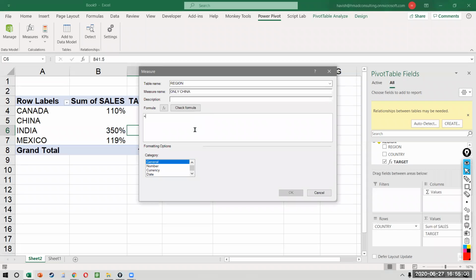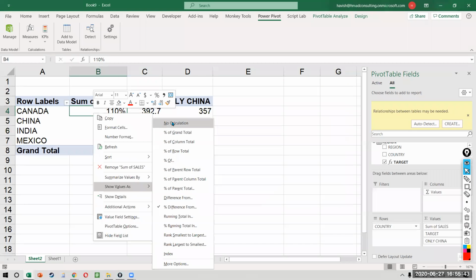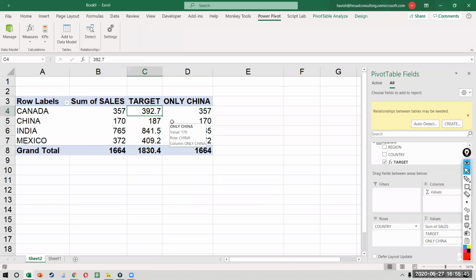One of the most powerful functions in DAX is called calculate. Calculate basically says you're calculating the sum, average, count, max, min, whatever it is, but a filter is also applied at the same time, which means if I simply say calculate sum of sales, what will happen? It will say, fine, you told me to calculate the sum of sales. I will tell you the sum of sales. Makes sense? Like if I only say calculate the sum of sales, you get the, one second. Let me remove the calculation. You would notice we're getting the same result as the original value.